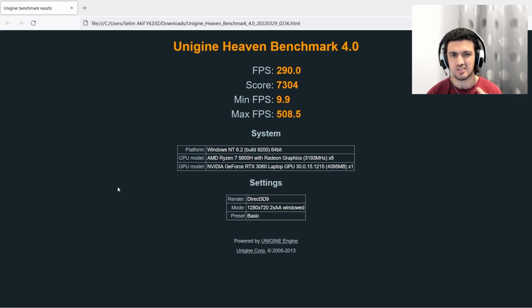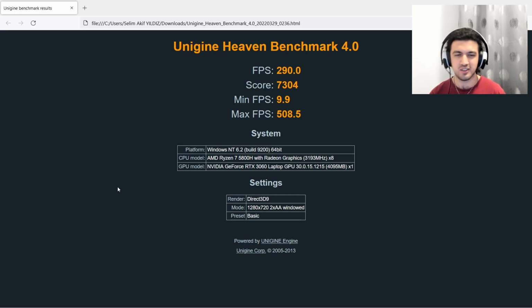I think because this is probably mostly GPU related, that's why it is not really at 4.4 or 4.2 gigahertz. And our GPU model is NVIDIA GeForce, obviously, the 3060 Max-P model, and we only reach 5 gigabytes of VRAM capacity. Usually we have 6 gigabytes of VRAM capacity. I think it is because we use the basic mode. If we use the extreme mode, maybe it shows the maximum VRAM capacity as well. I don't know, because I haven't tried yet. This is my first basic test of the